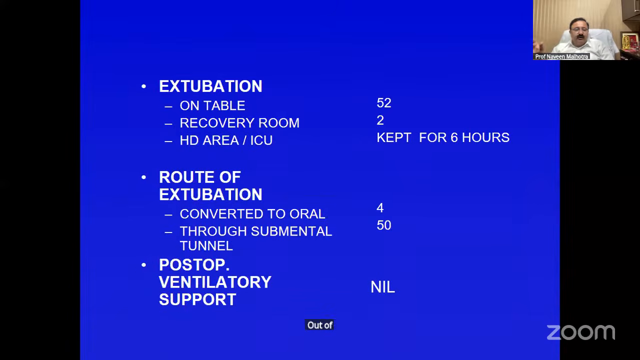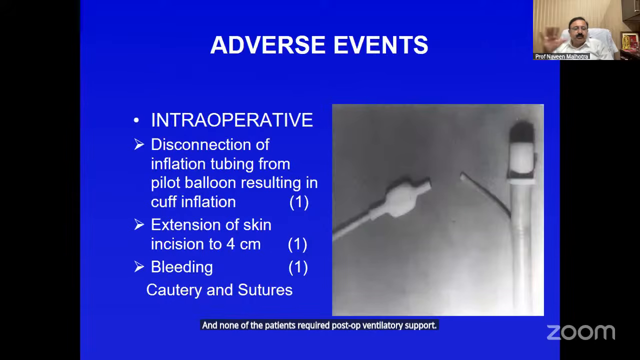Out of 54, 52 were extubated on table. 2 patients were ventilated for 6 hours and extubated in recovery room. Route of extubation was through the submental tunnel in 50, the majority, and none of the patients required post-op ventilatory support. Adverse events: disconnection of inflation tubing from the pilot balloon, leading to repeating the procedures,